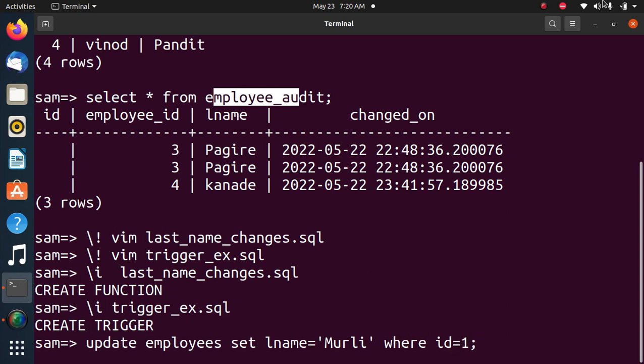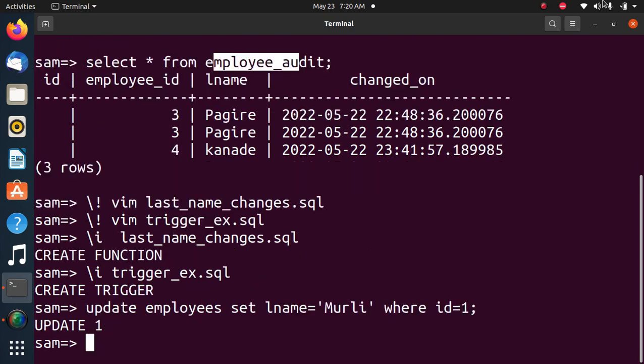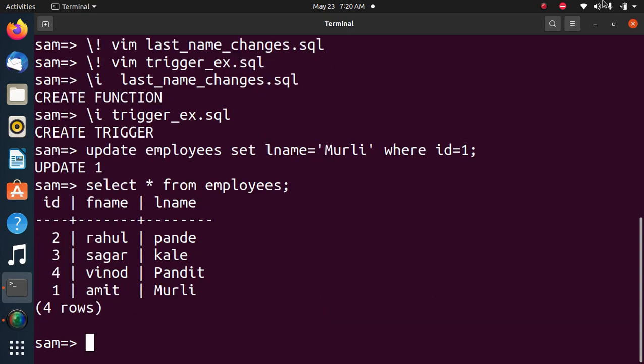Now these changes will be reflected in the employee audit, and it will be updated in the employee table. Yes, update 1. Now I will show you. Select star from employees. Here Patil is changed to Murli.